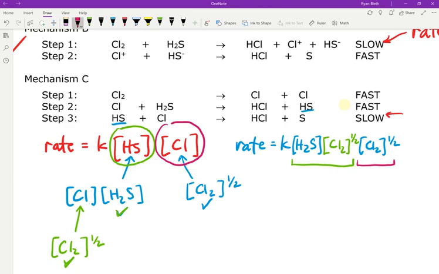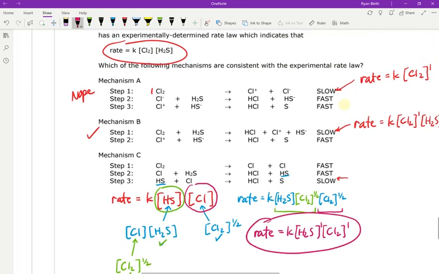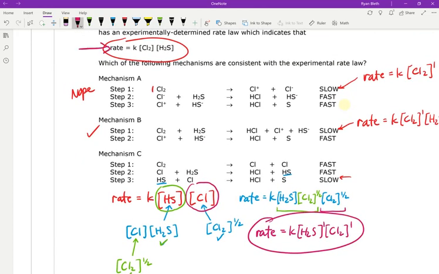So we've substituted in for those the things that you see over there on the right hand side, and like we did last time, we can condense that down a bit. Rate equals K times H2S, and then Cl2 half of it and another Cl2 half. We can combine those together to have Cl2 to the first power, and so both of those would be to the first power, or first order, and that rate law expression indeed matches the one we were trying to get it to match back up here at the top of the problem. So yes, mechanism C would also be an effective, consistent mechanism for the rate law that we knew to